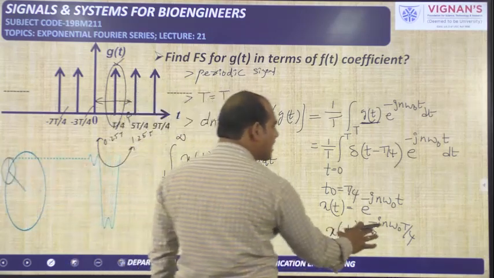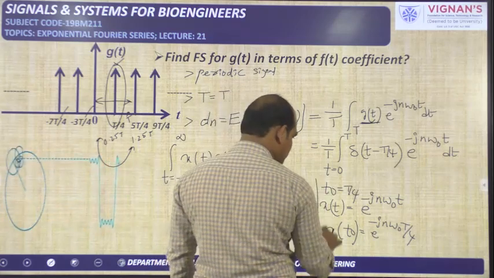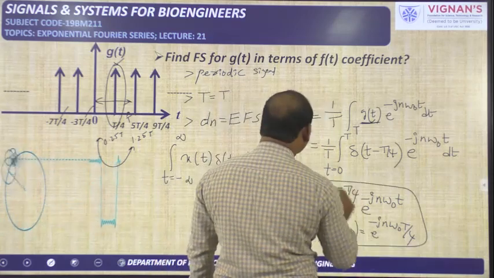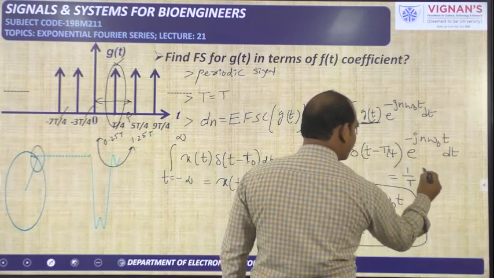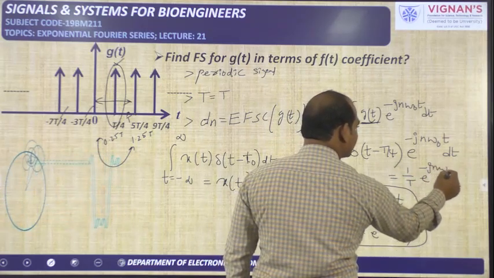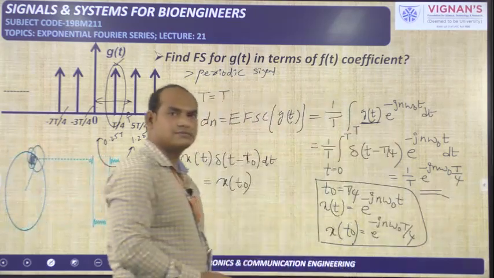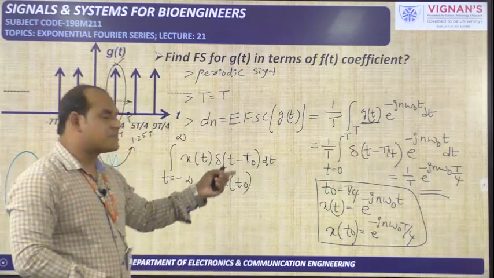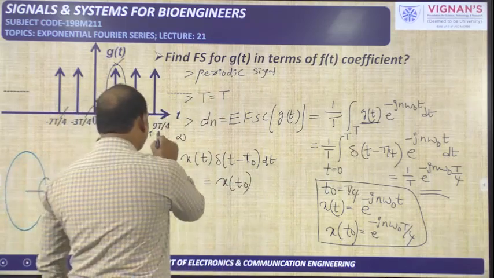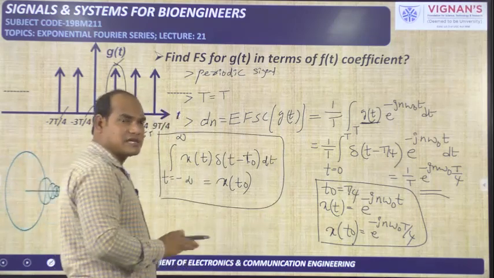So this is the value of this particular integral, but here 1 by T is also there. So keep this one aside, and I am continuing this equation, that is 1 by T into e power minus jn omega naught into T by 4 over the integral we have calculated. We are not doing the integration, we have directly taken the help of this particular formula. So all the formulas are important. Okay, application of that formula is also important.